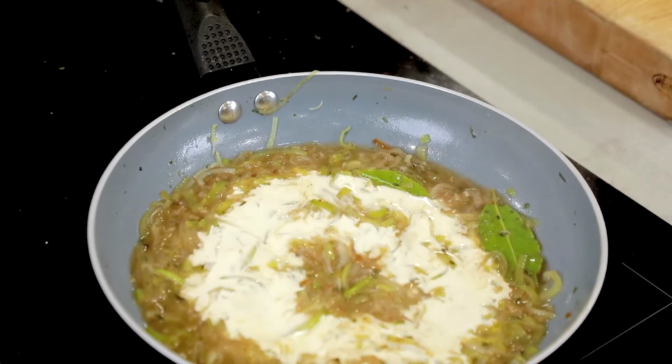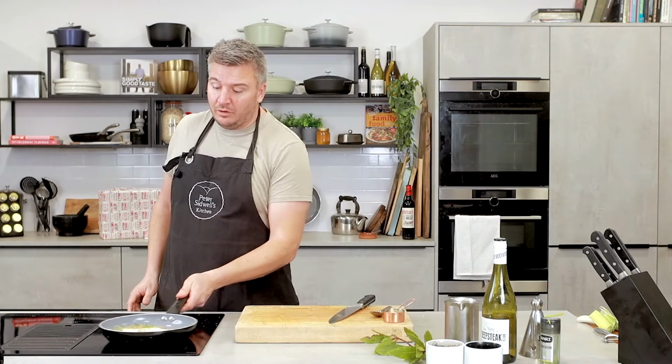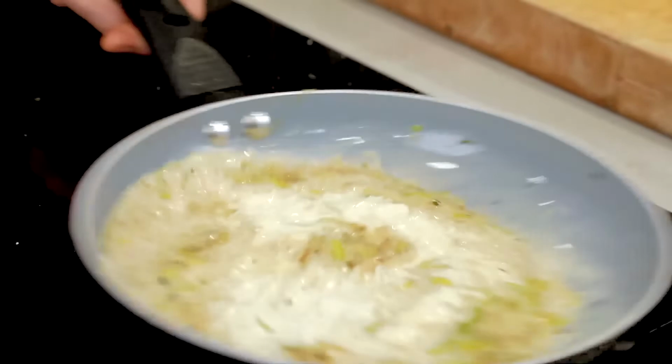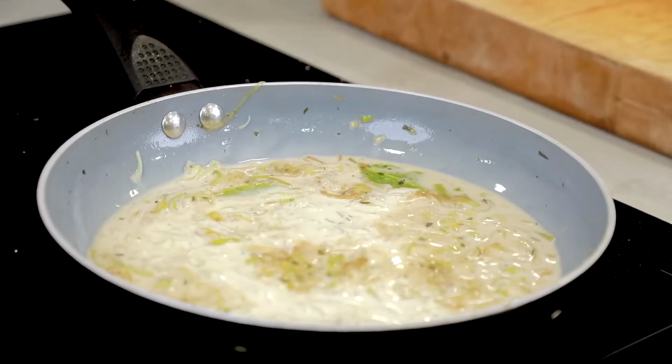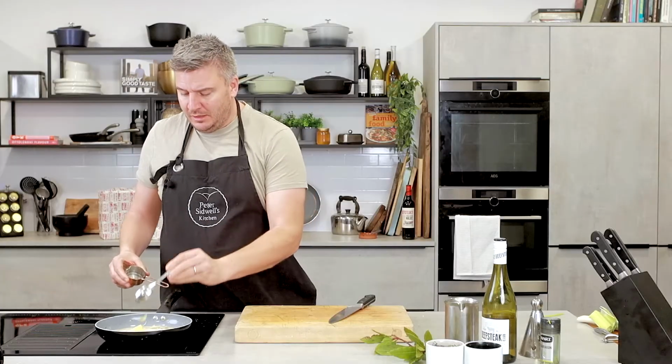There we go. This recipe, this sauce, can also be made the night before. So you look at that, we're just bringing that sauce together now. And because it's Christmas, we're going to add another 20 grams of butter in there, and that will make it